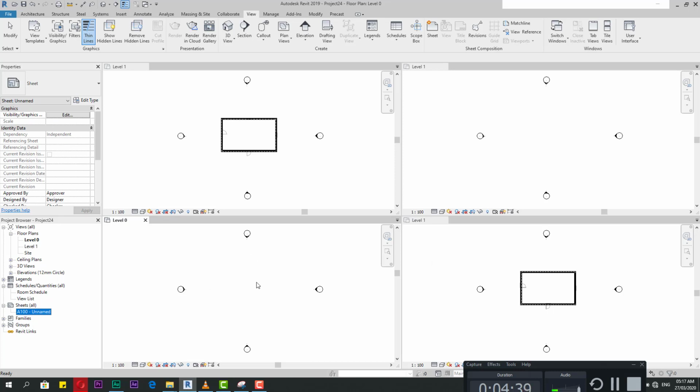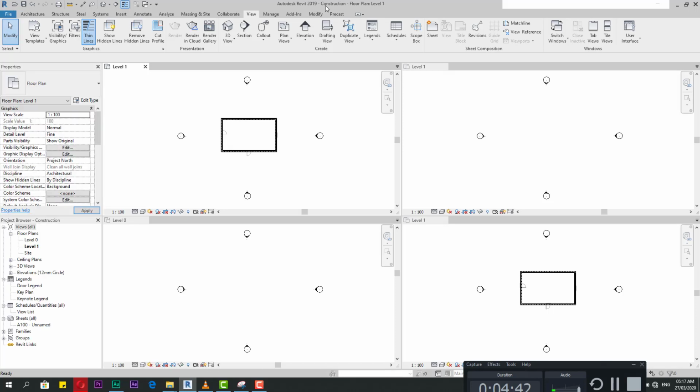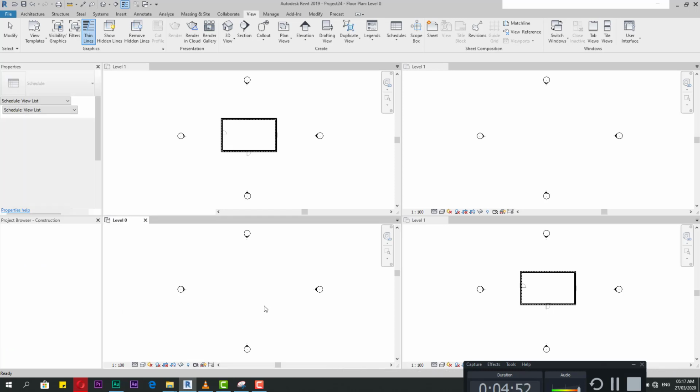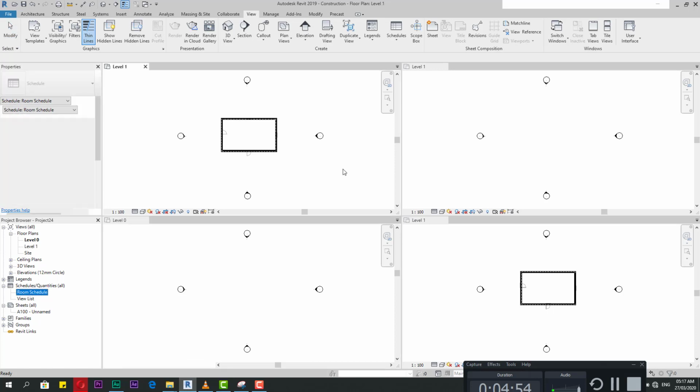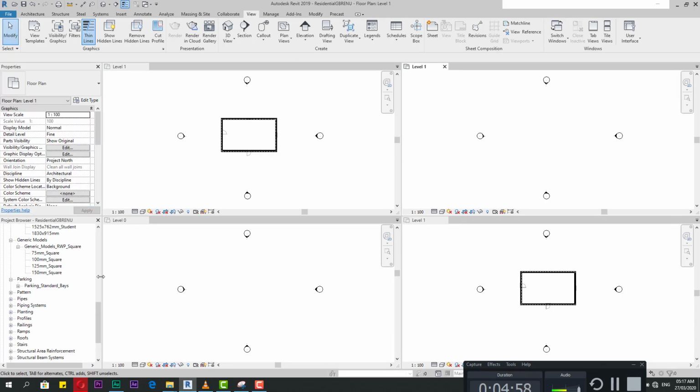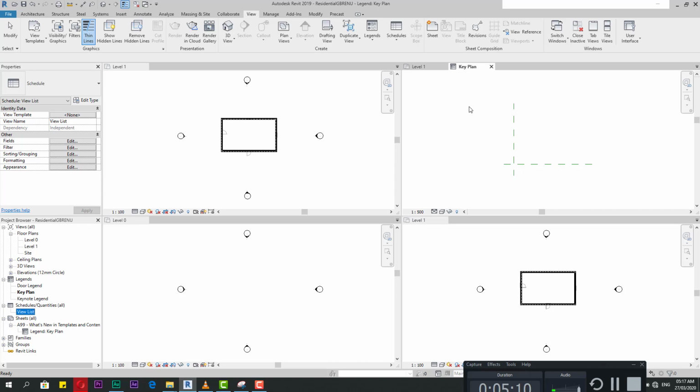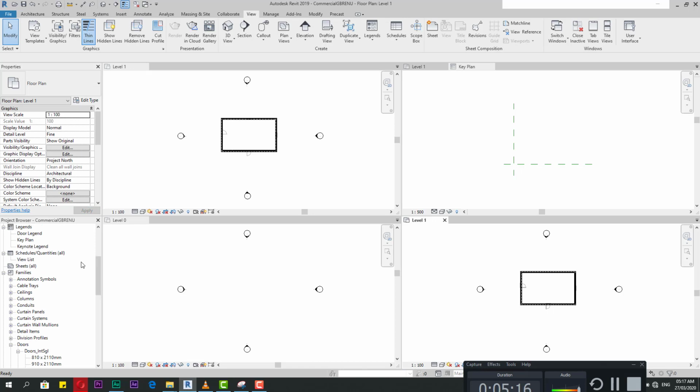Okay, if I go here as an example for construction, take care, construction has the same thing, but in the schedules it does not have the room schedule. Here it has the room schedule, here as an example it does not have. If I click here for residential and go up, take care, in the sheets it does not give you any sheet, and in the schedules it does not give you any schedule like room. Okay, so you will select what you need, but for me I will use that default one, new project,